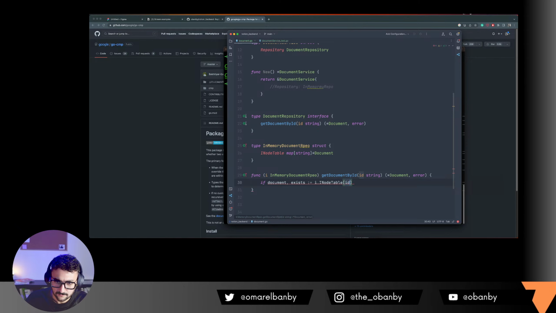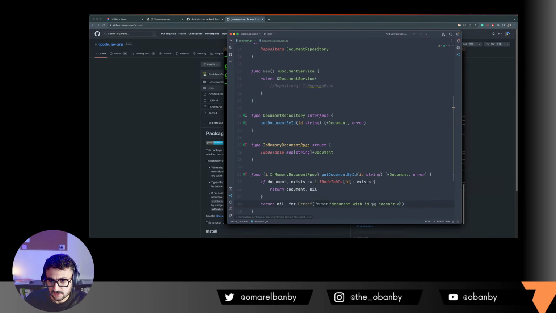I want to get first. So we'll do I for the in-memory document repo, save document that takes a pointer to a document and returns an error. And here, simply all what the save is going to do, since we're just dealing with a map,